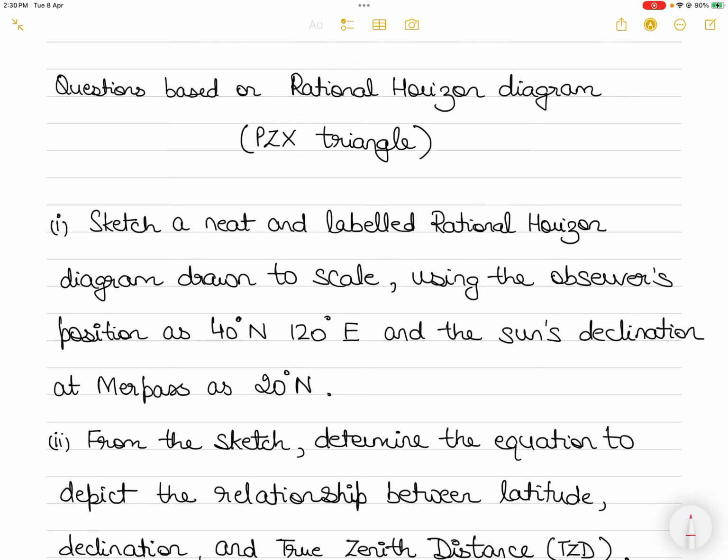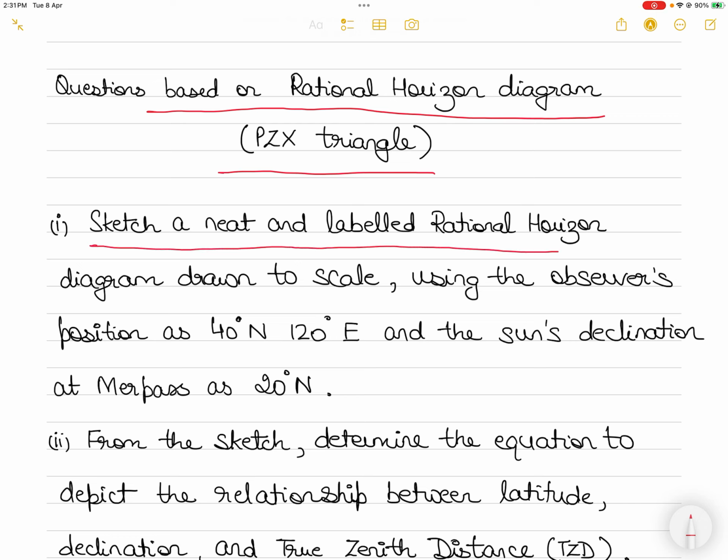Hi everyone, in today's video I will take up a question based on the rational horizon diagram, what we also know as the PZX triangle, although there will be no triangle here, but there will be a PZ and X. Let's understand the relationship between the variables in a rational horizon diagram. So let's get started. The question says that you have to draw or sketch a neat and labeled rational